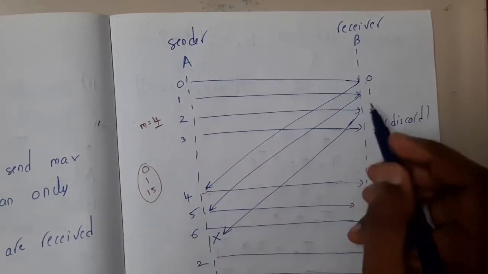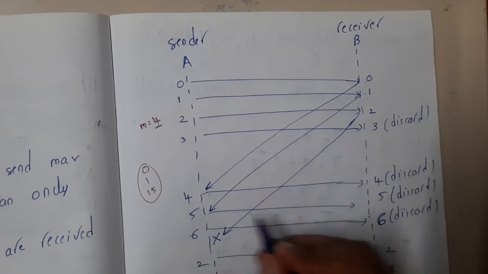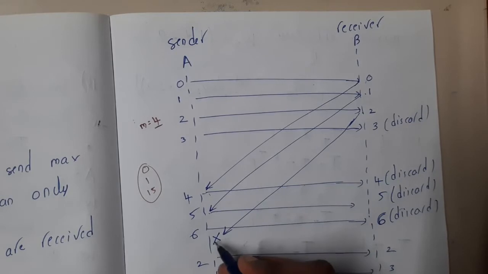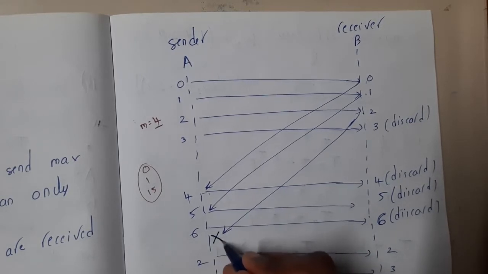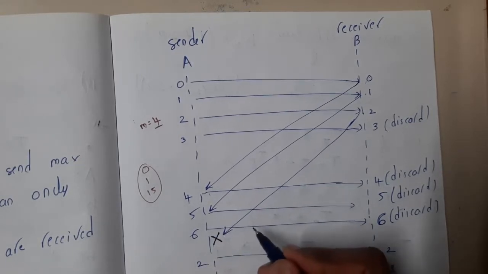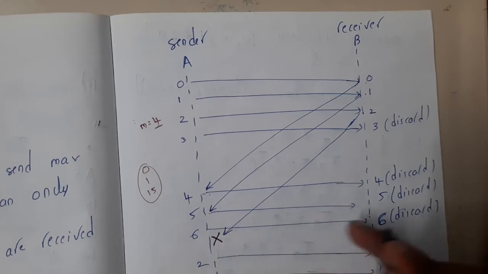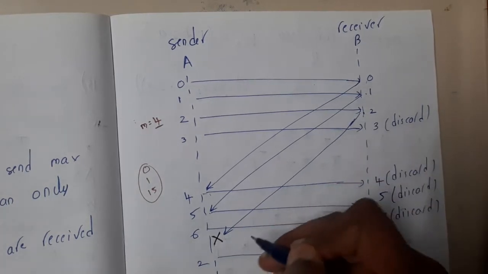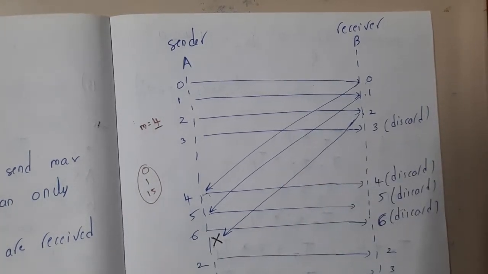Instantly I sent the 4th packet. I got 1 acknowledgement, so instantly I sent the next packet. I got the 2nd acknowledgement, but unluckily I did not receive it. So before I received it, I sent the 6th packet also. As the 2nd packet was not received successfully, the only disadvantage here